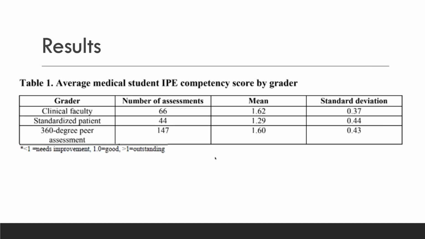So looking at some of our results here, you can see this is that 9-piece IPE competency scoring assessment. And you can kind of see some interesting things. So we used a student's one-tailed t-test to kind of characterize the differences between the faculty, the standardized patient, and the peer assessment scores. So between January and October of 2019, we had 269 students that participated, and this included